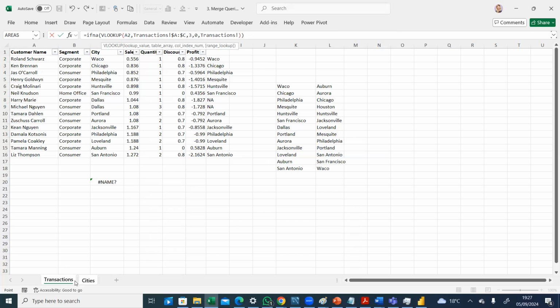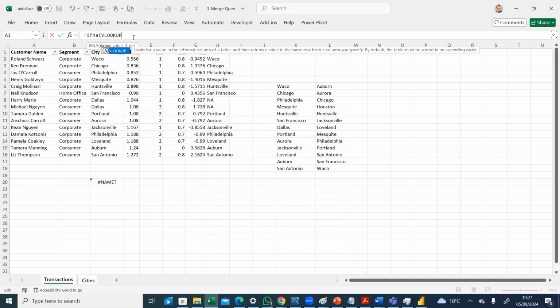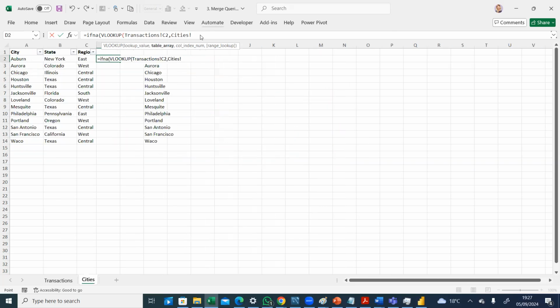Okay. I see. If value VLOOKUP this in, no, I think I'm missing these two places up. I think you've already done it for transactions. You've done it for transaction here. Do you want to do it for city? For city, okay. So equals to if not available, the value is